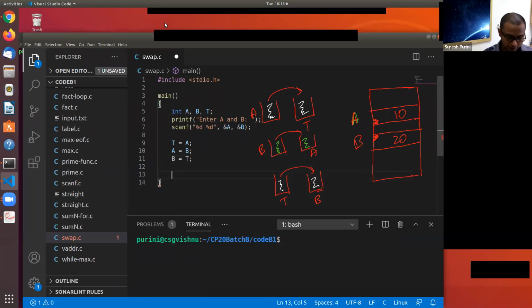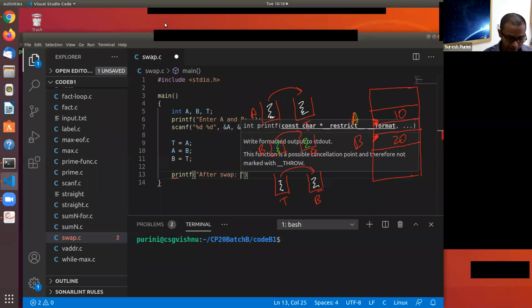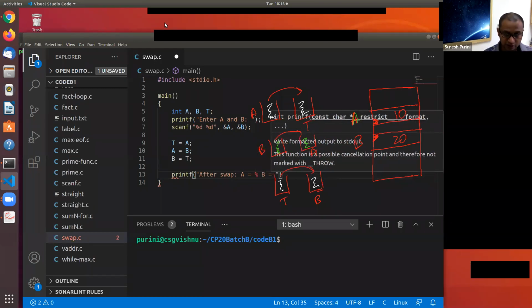And then we say printf after swap. This is what is called swapping the contents of variables a and b. a is equal to %d, b is equal to %d.